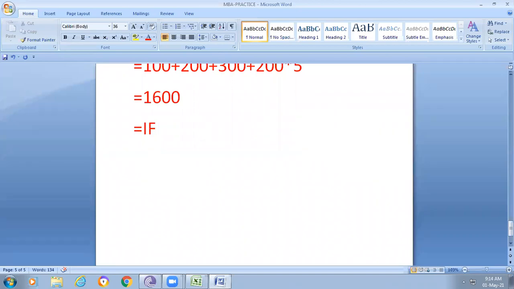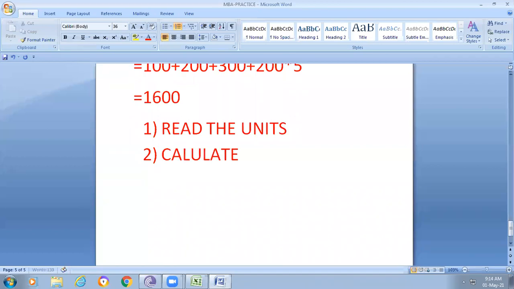Now, first of all, we are reading some units. Reading the units means nothing but entering the units. Next, calculate the bill. In this way, we can do any type of calculation, and if we are using it for calculations, this is the best way.